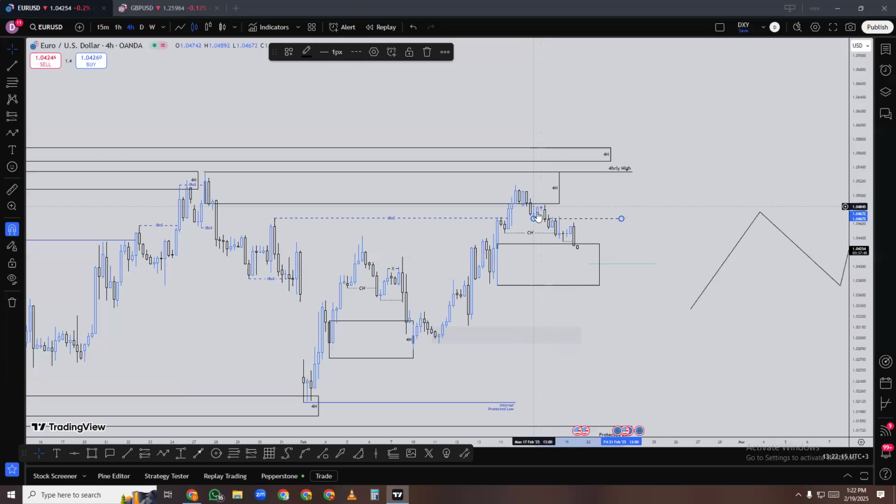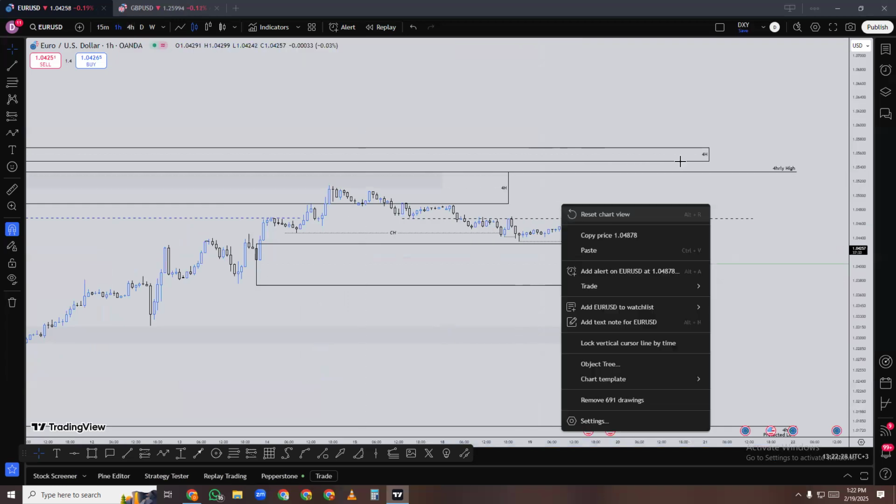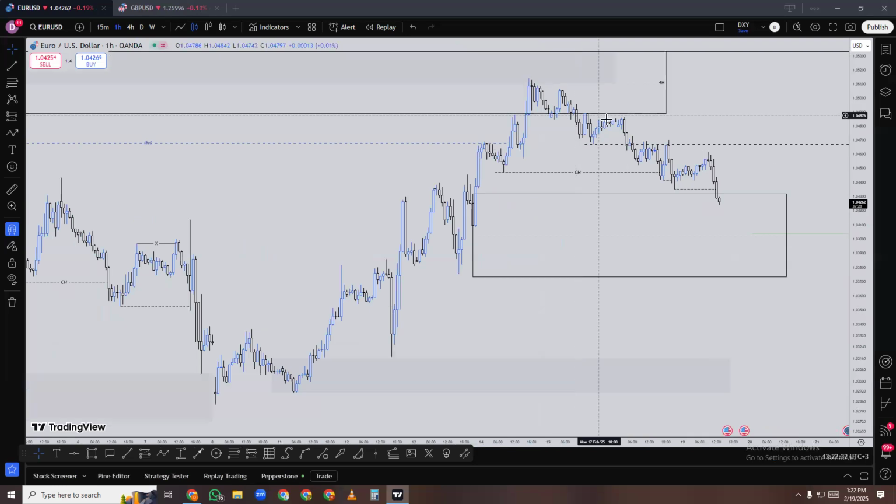That is the order block. So we did make it all the way back to that level, and then we are getting that sustained fractal structure. If you can just go to the 1 hour or even the 15 minutes, you will see that that is an established bearish trend that has already begun. So you can see